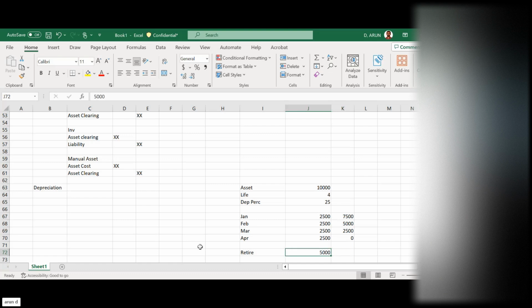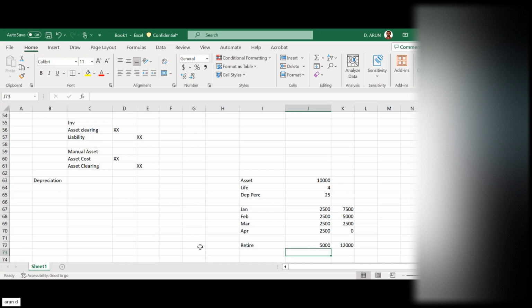Now let's say I have market situations that have increased the price of this particular asset. Let's say this has increased to 12,000. Okay. Now if I retire this particular product, for me the profit is based on my purchase price. My purchase price is basically 10,000, but if I sell this particular product, I am gaining 2,000. So my gain would be 2,000 in this case. Okay, so this is the retire profit. Now this 2,500, 2,500, this is what we are referring to as the